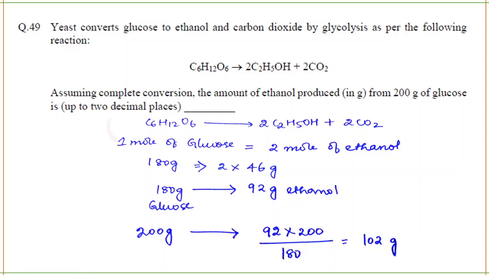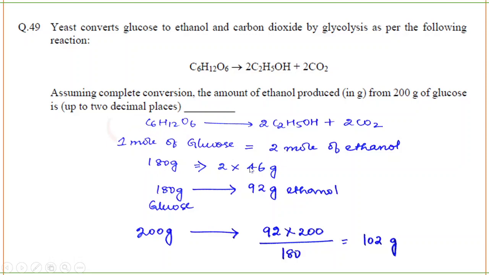We have done a question like this in the previous numericals. So the equation is glucose gives ethanol and carbon dioxide. You can see here 1 mole of glucose gives 2 moles of ethanol and 2 moles of carbon dioxide. In the question we are concerned only with glucose and ethanol, so let's not consider carbon dioxide here. So 1 mole of glucose gives you 2 moles of ethanol. 1 mole of glucose means how many grams? 180 grams. I told you how to calculate this. You just have to calculate the molecular weight. So 180 grams gives 2 moles.